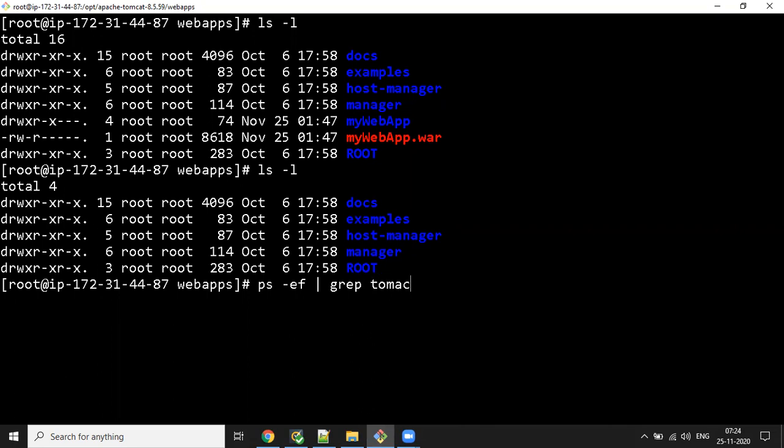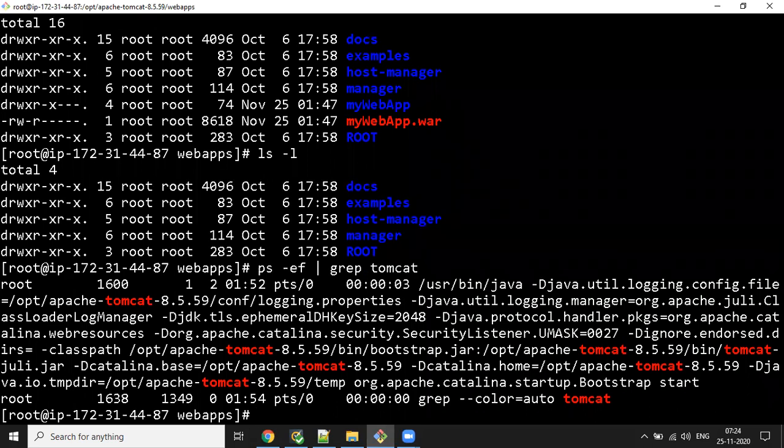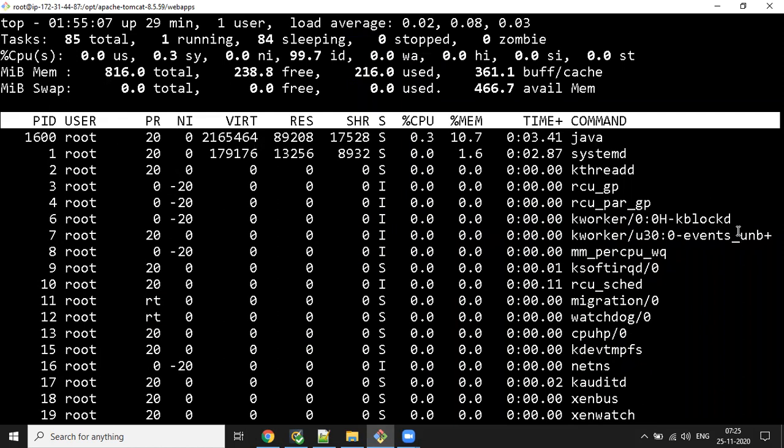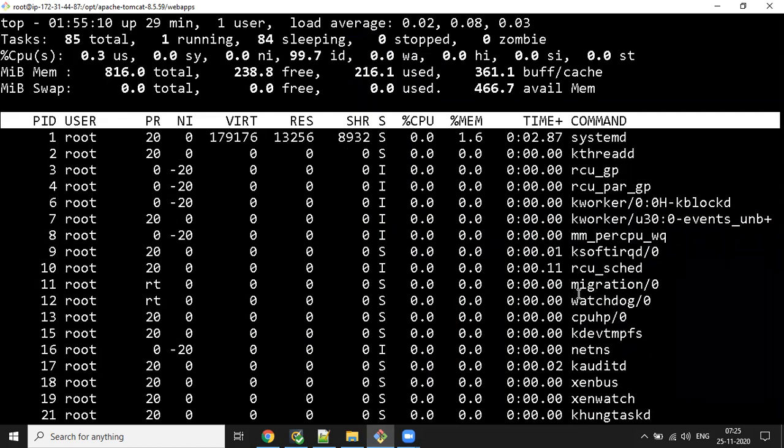You can use anything, because the grep command is used to search for the process ID. Root is running with process ID 0. Then several others also come, but they are not required now. Or else you can use the top command. You can see the user and process. There are different things you can see.